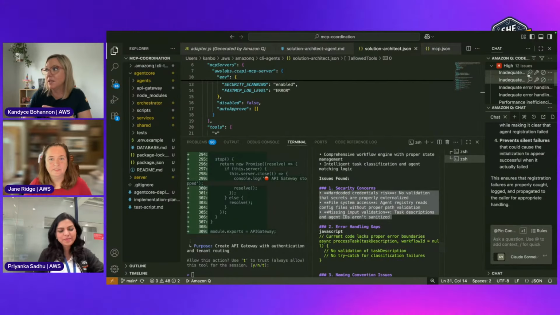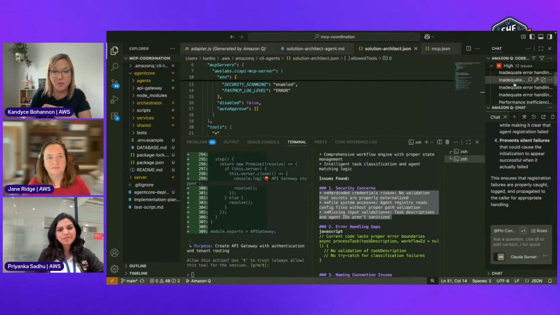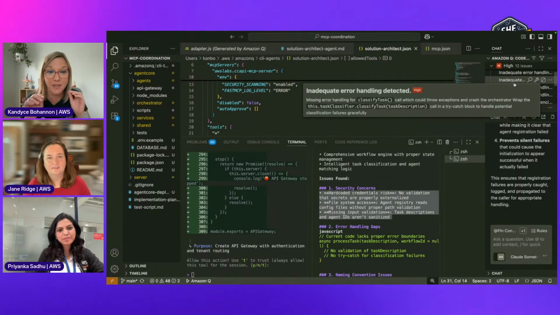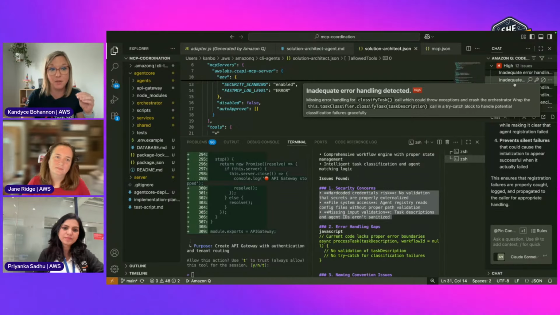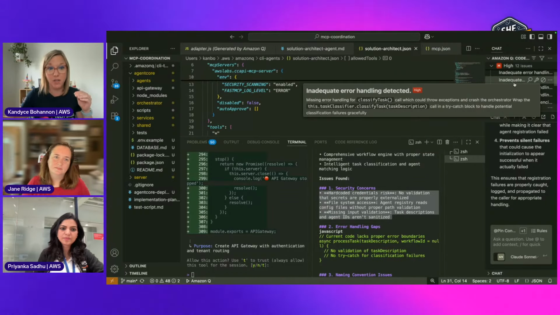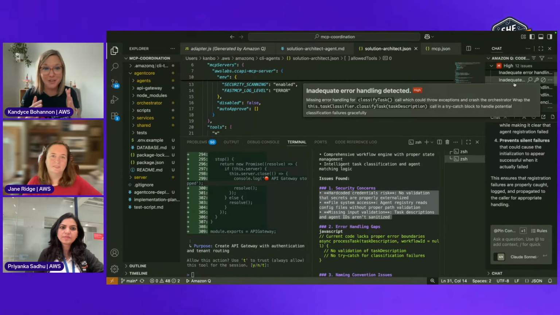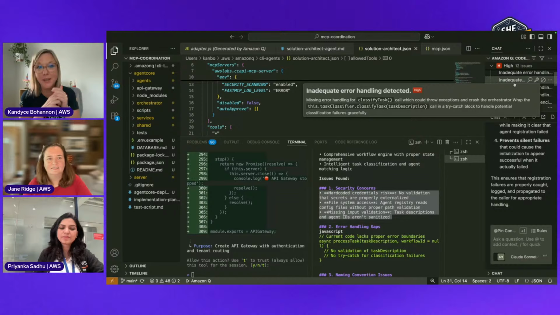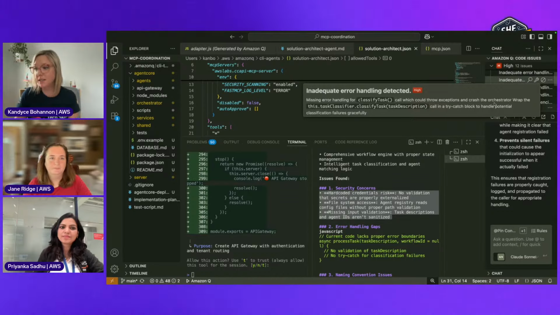I would probably get to those within here as well, but I really like to have the agents talking to each other. I like for the solution architect or my default agent to come up with a plan and then have that reviewed by my security agent. So I have this whole vision of having a fleet of agents doing all the different things for me. It's sort of like the BMAD method. If you've seen anything on that, it just popped up like a month ago. And I think it's very cool.